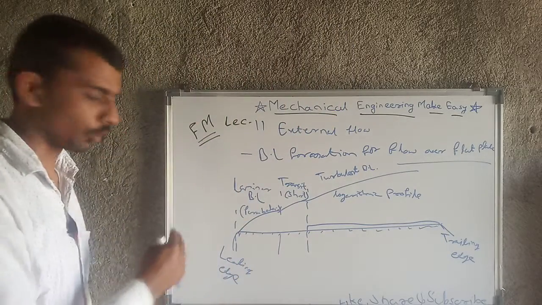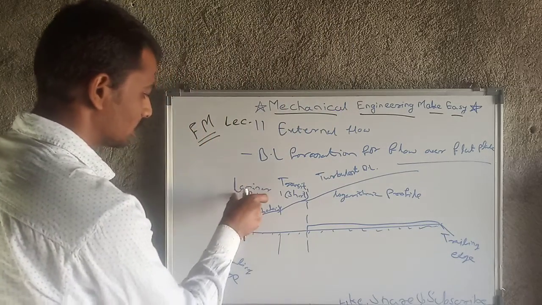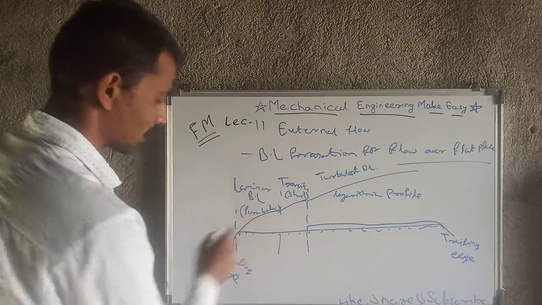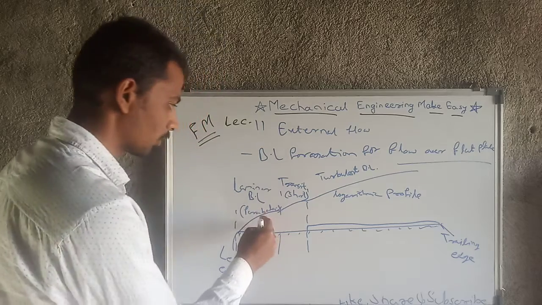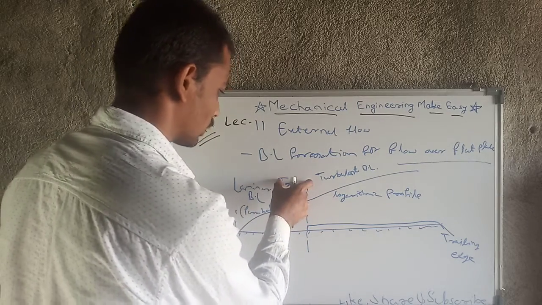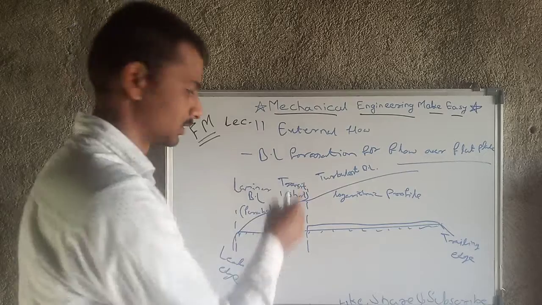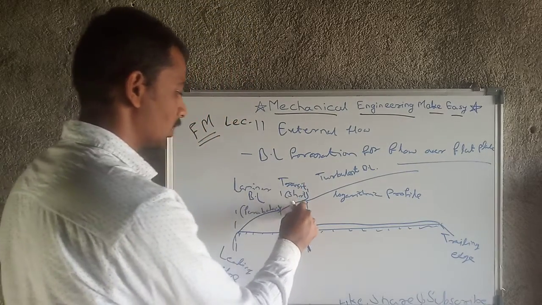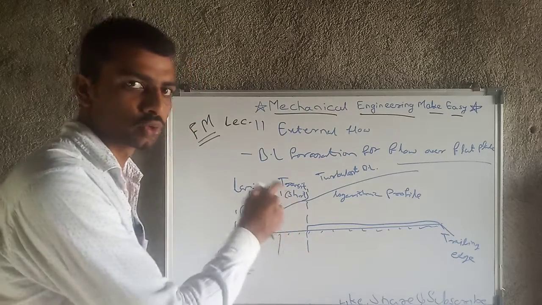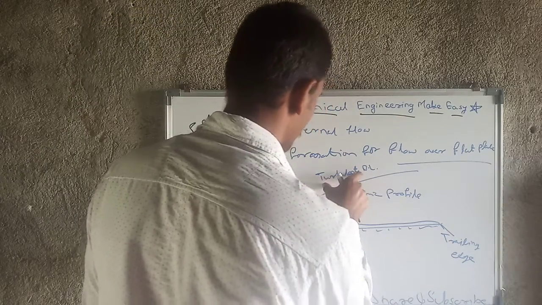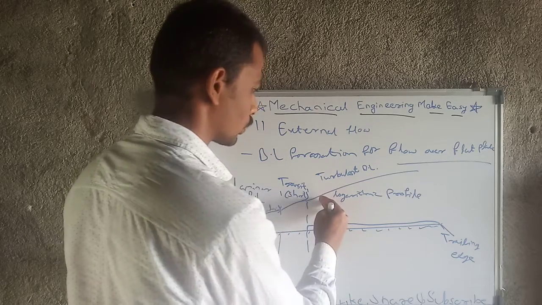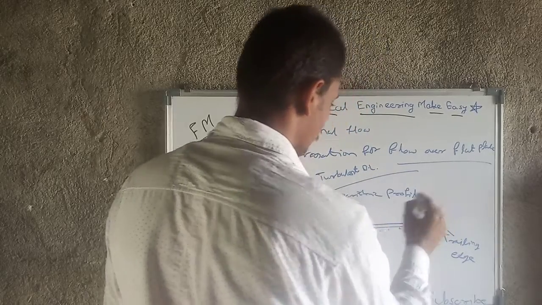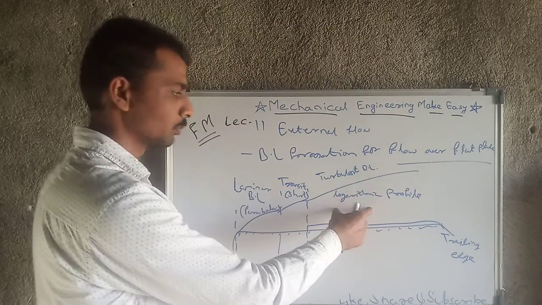So how does the boundary layer form? At the start, the boundary layer will be a laminar boundary layer, and the curve will satisfy the parabolic curve. After that, the laminar boundary layer will transfer into a transit boundary layer, that is flow in transition, we can say. In that case, the boundary layer is very short, so there is no particular pattern for it. After that, there is the turbulent boundary layer. The transit boundary layer will transfer into the turbulent boundary layer, and in that case the profile is logarithmic, and this is a very long boundary layer.